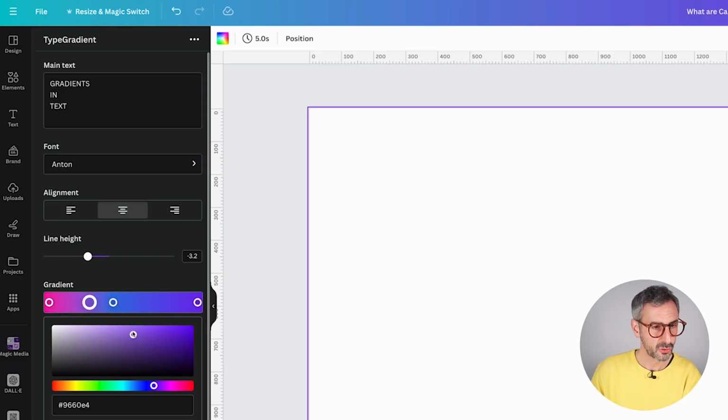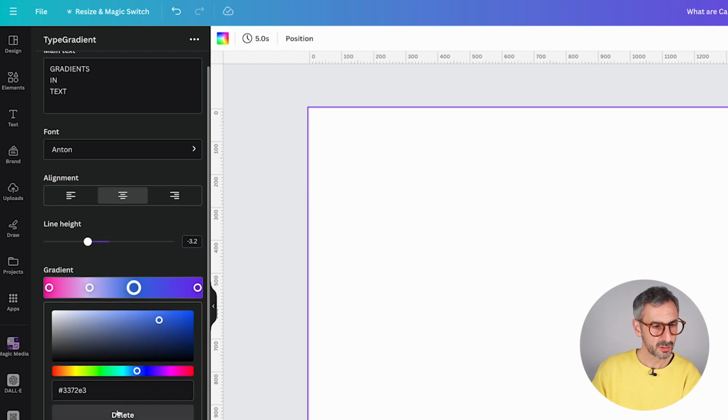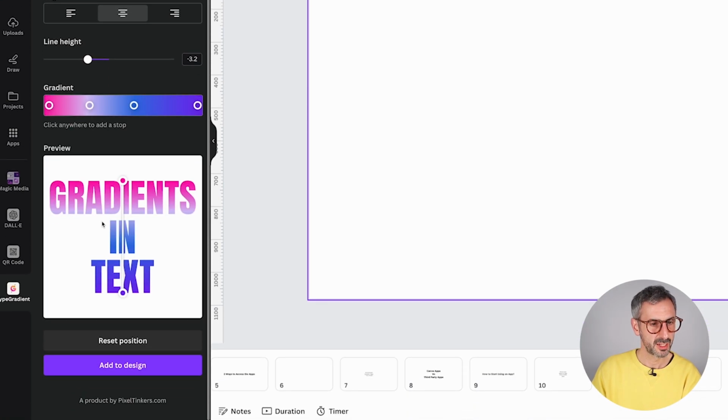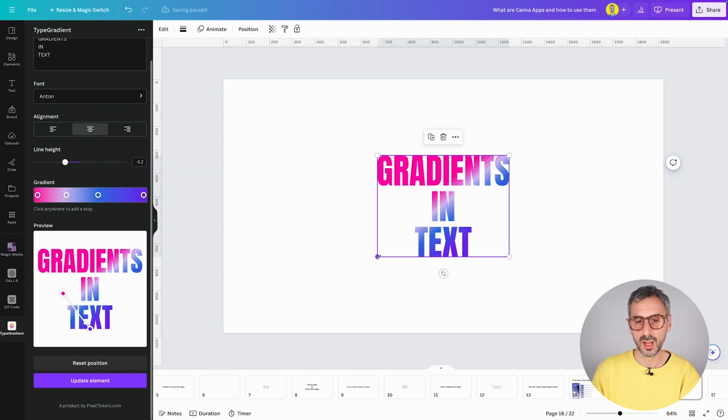So as you do so, you see you can move your bubble and find the colors that you like. All right, and once you're done with this, click outside of this and you should see the preview of your text gradient. You can move this little slider and orient the gradient in different orientations or sides. And yeah, if you're happy with the result, just click on Add to Design and this gradient will be added